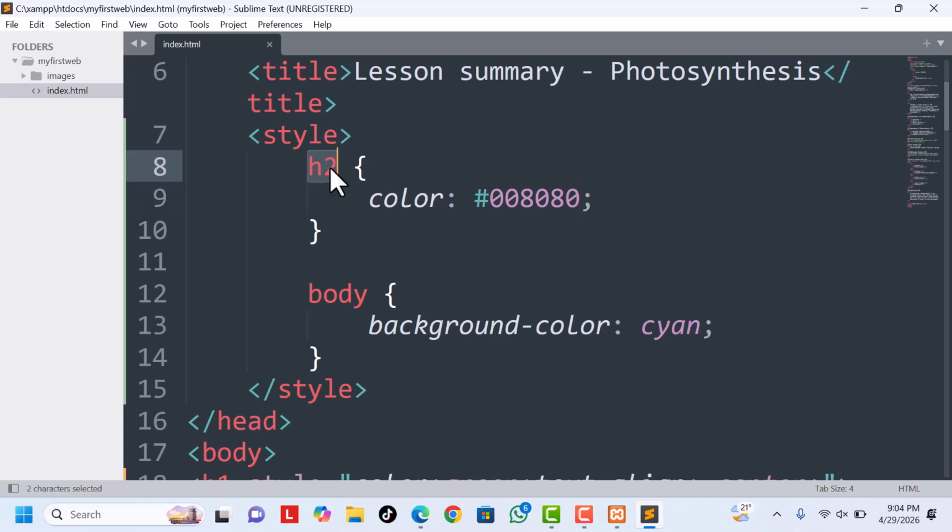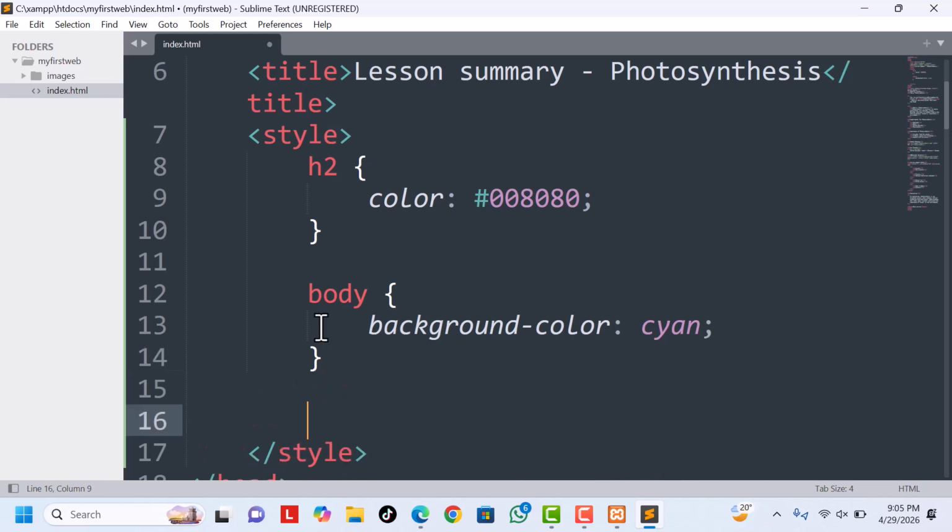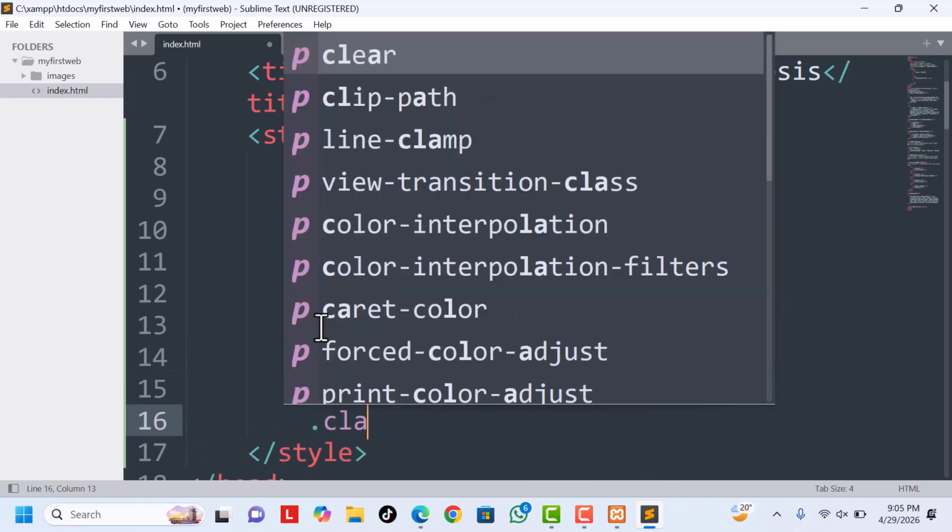But here CSS is selecting the tag. So also we can use class and ID. So first you have to know what is the difference between class and ID. Class is applied to more than one element, but ID is applied to only one element. So it must be unique element. So to use class, we create a class using a dot, and we create ID using hash. For example, you can say dot class1,